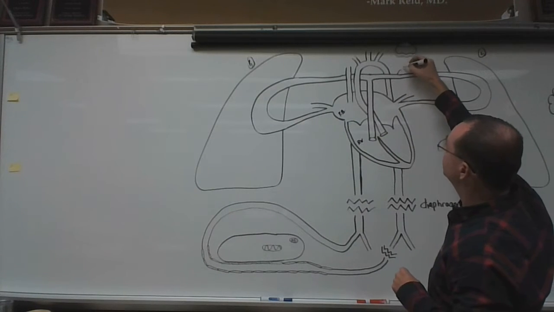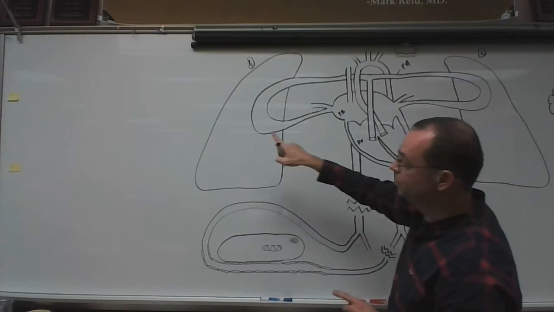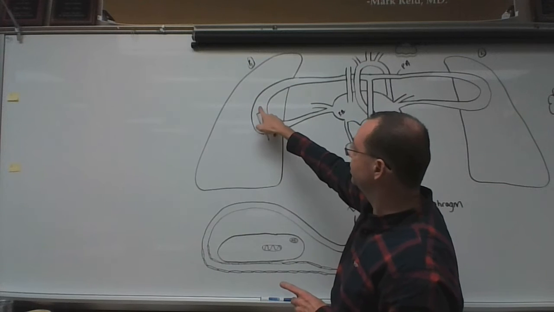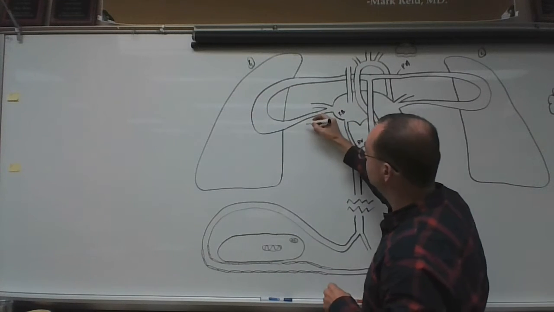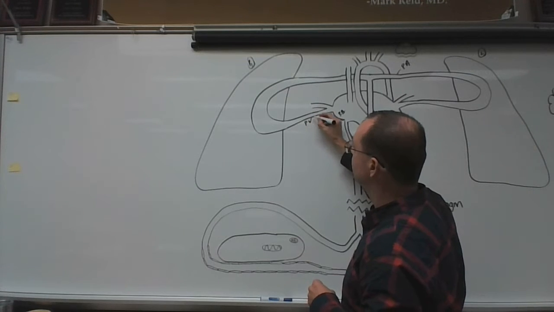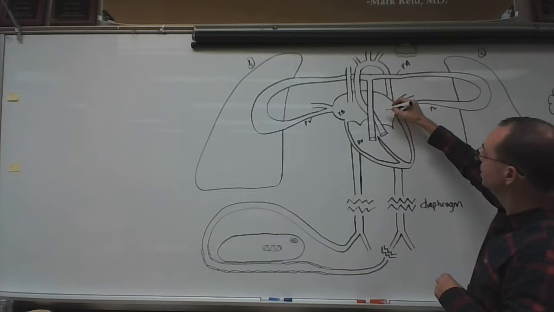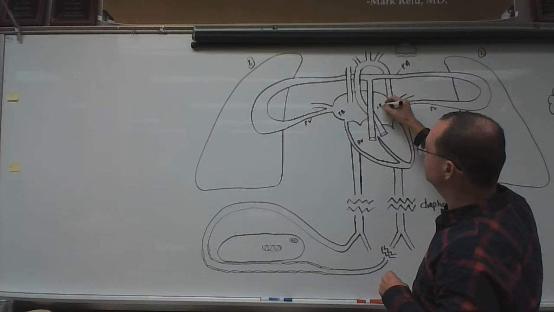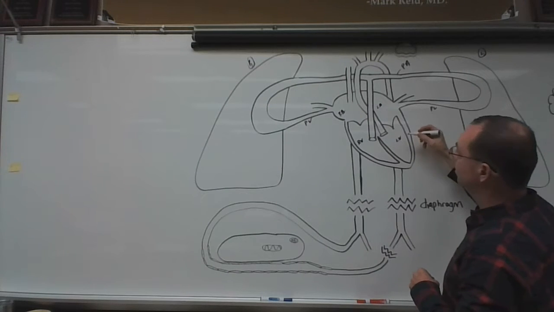pulmonary arteries to the left lung and to the right lung. We've got pulmonary capillaries that we'll go over in a few moments, back through the pulmonary veins on the right, pulmonary veins on the left, into the left atrium, which then pumps down to the left ventricle, which then pumps